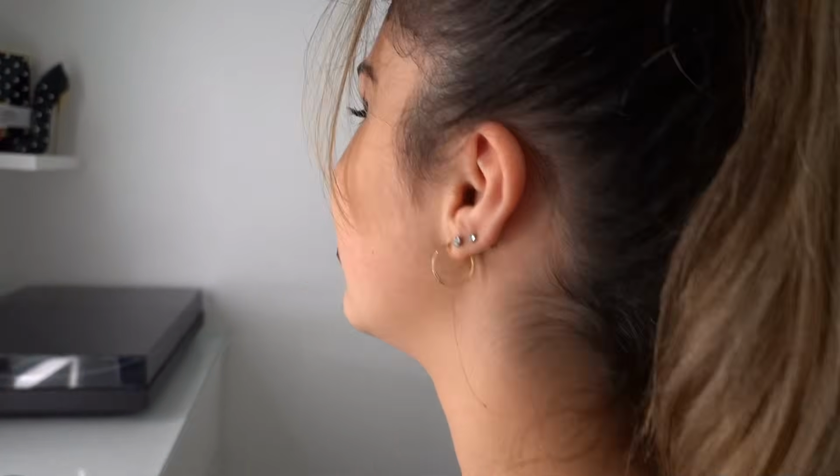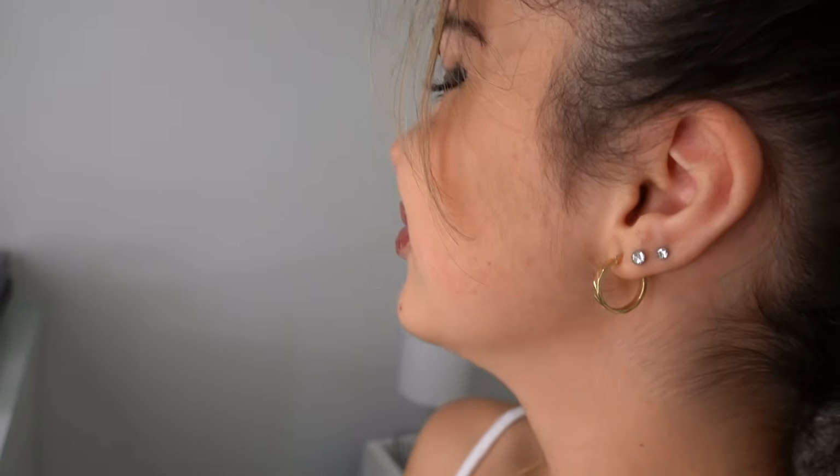Guys, I'm trying not to laugh right now. It's going. Okay, so these are my finished lips. They're starting to fall down now. How does the side angle look? Okay. So the paper napkins are sort of creased, so my lips just sort of look like maybe they're a bit dry. But